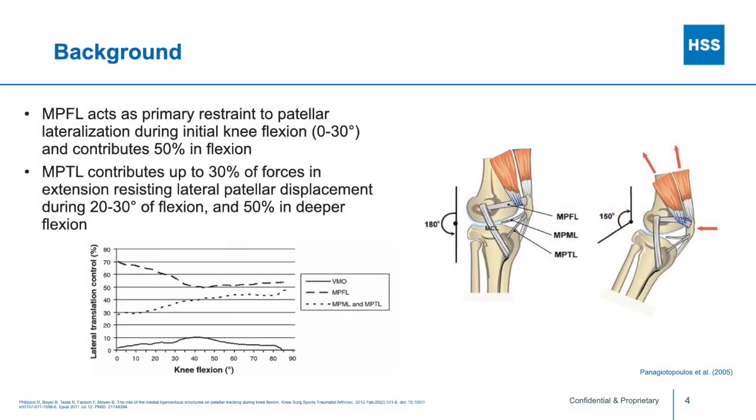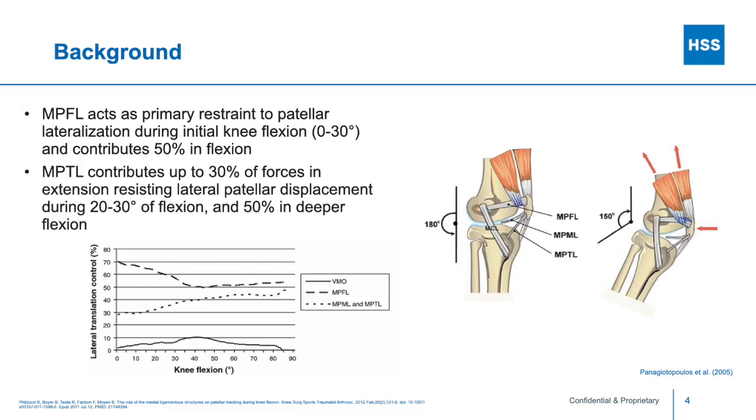The MPFL acts as the primary restraint to patellar lateralization during initial knee flexion from 0 to 30 degrees, contributing approximately 50% of control in deeper knee flexion. The MPTL contributes 30% of lateral restraint from 0 to 30 degrees of knee flexion, contributing up to 50% in deep knee flexion. After approximately 30 to 40 degrees of knee flexion, the MPFL and MPTL work together to control